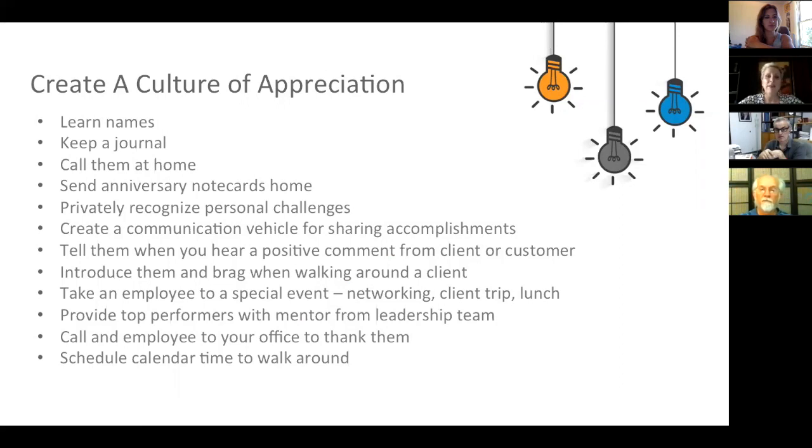Another thing that is a really big habit of Paul and Charlie and some of our C-suite is they'll call somebody at home. Same way, behind the scenes, I'm emailing them to let them know something happened, and I'll give a phone number, and I'll say, hey, they'd appreciate a call. So it works really, really well. Talked about sending anniversary notes home, and we do that on a regular basis and make sure that it is really personable.